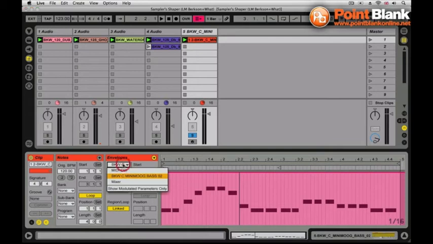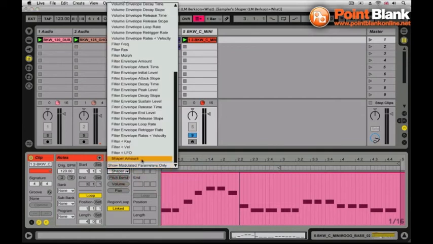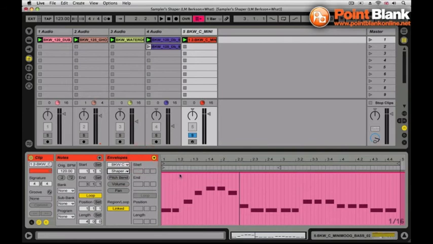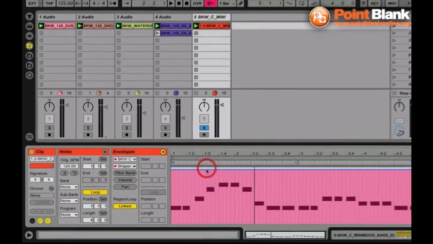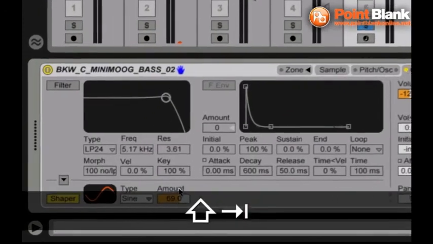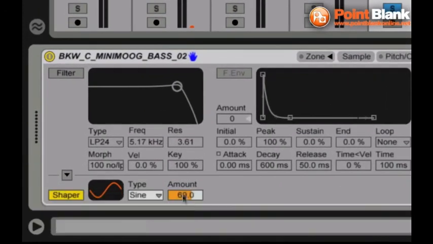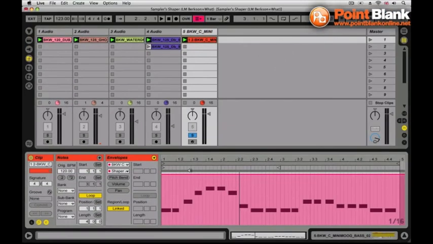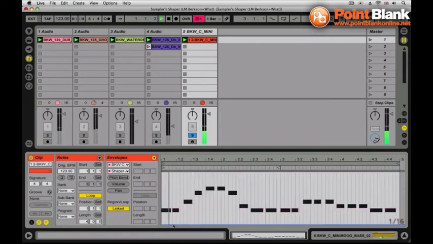So here in the device chooser, it's selected already for me to work the Minimoog bass sampler device, and in the controller chooser it's already selected the shaper amount for me. So I can now add that shaper amount just by moving this percentage value up and down, and it works at 0 to 100%, and that percentage is the percentage between 0 and in this case 69 on that amount value. I could take that up to 100, and now my value is literally 100 to 0. So if I bring this down to 0, we get no saturation. If I bring it up,